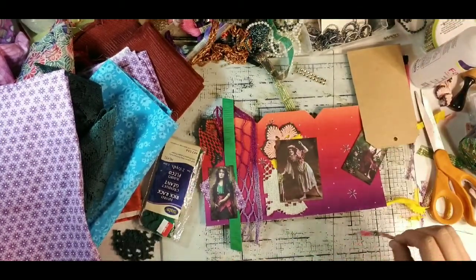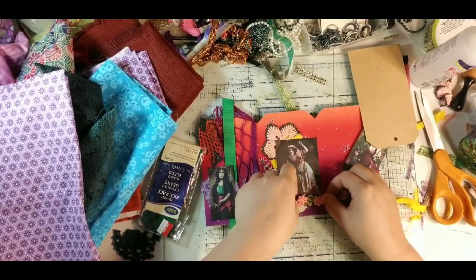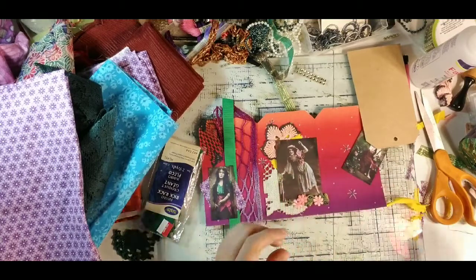Has anybody been having any trouble with the post office? There's been a lot of people complaining like they're not getting things, or if they send them, it's not